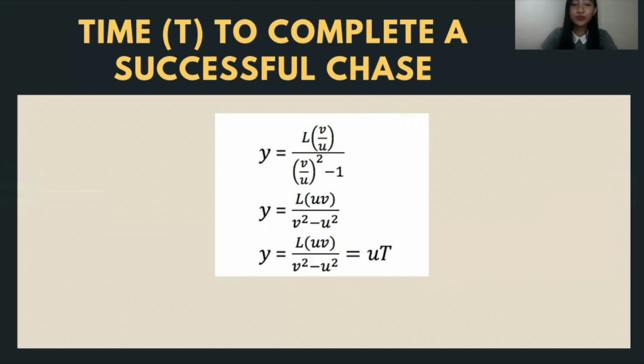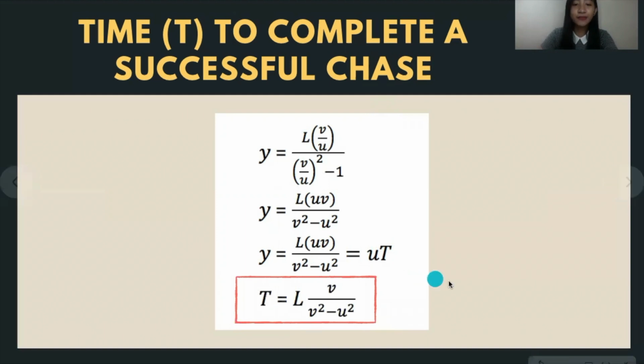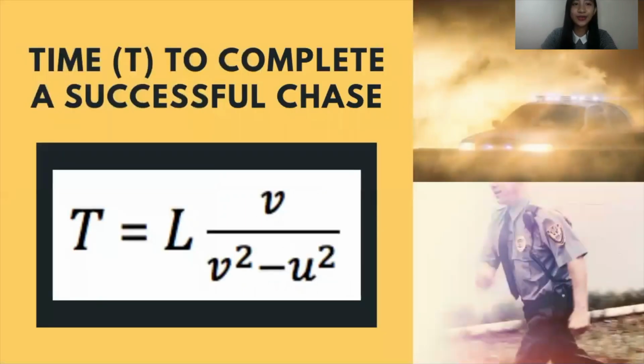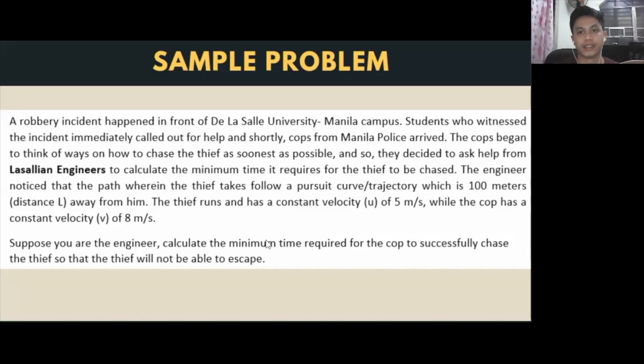Remembering the formula of the distance, which is equal to velocity times the time, we will be using that. Thus, the formula of the time required to complete a successful chase, or simply for the cop to catch the thief, would be T is equal to L times v all over v squared minus u squared. So for the next part, for the sample problem, a robbery incident happened in front of De